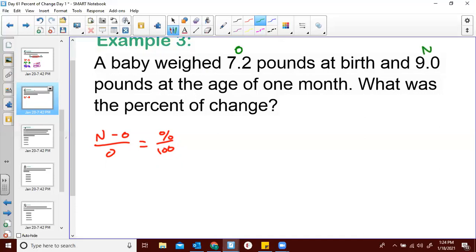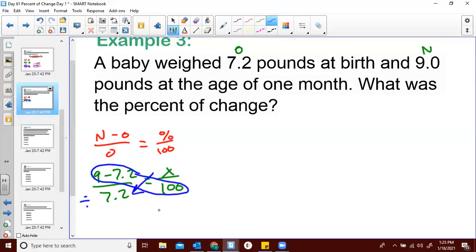Again, we just fill in what we know, and it's going to be x over 100. I'm going to skip this little subtraction piece. You can cross multiply, divide by x's partner, and x is going to equal 25%. Another way to look at this: a baby weighed 7.2 pounds at birth and 9 pounds at the age of 1 month. What is the percent of change? It is a 25%